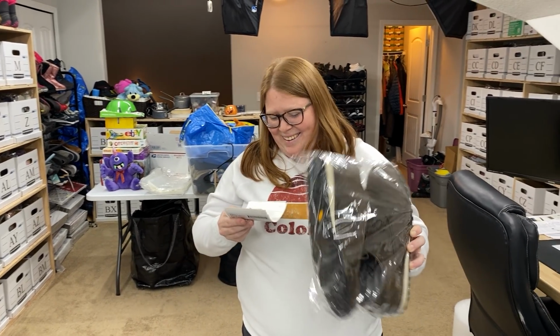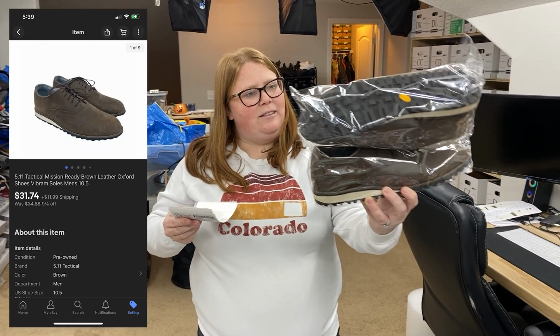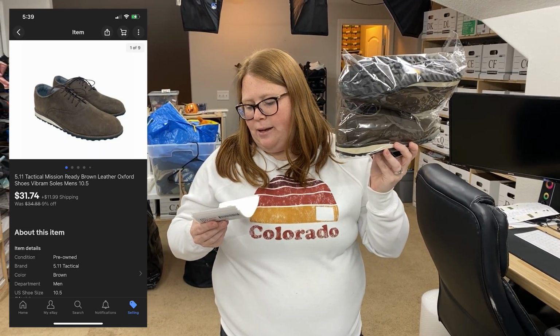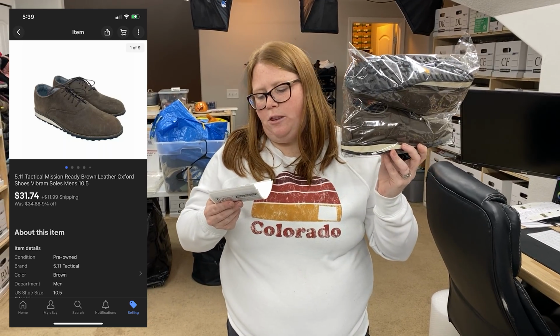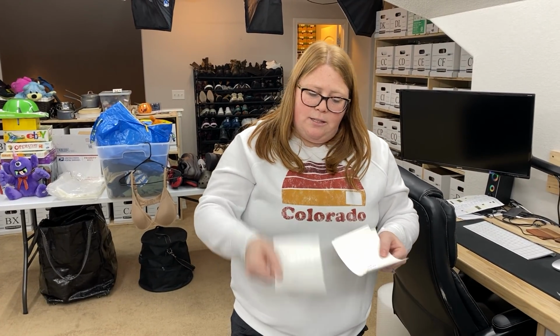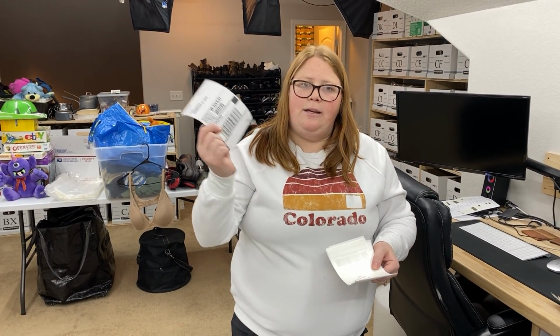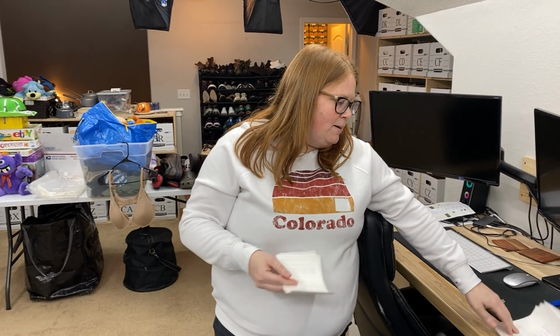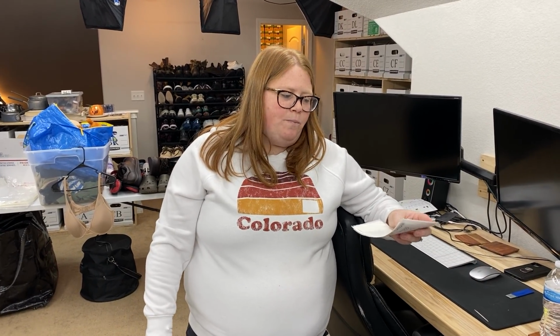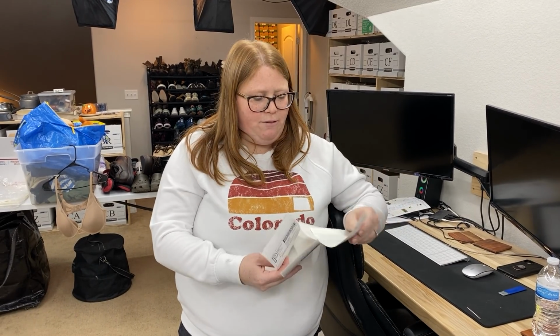Yeah. So these are some 511 Tactical men's shoes. These took a while to sell actually, but I only had $5.99 into them, and they sold for $31.74 plus shipping, so not too bad. I did want to mention on this, so this is eBay still, but I did a Pirate Ship UPS label because of the cost savings, because I think I charged the buyer $11.99 shipping, and with the new shipping rates...